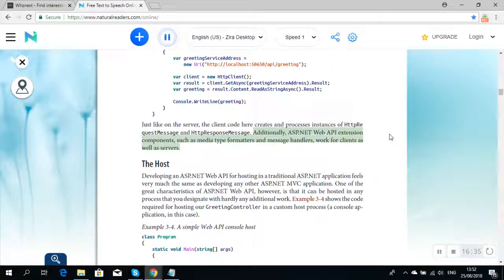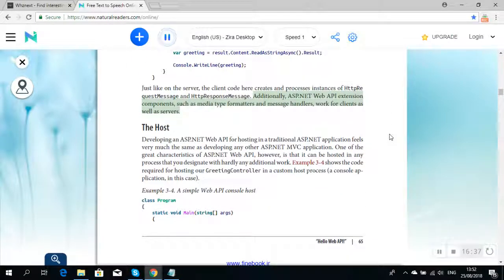Additionally, ASP.NET Web API extension components, such as media type formatters and message handlers, work for clients as well as servers. The host developing an ASP.NET Web